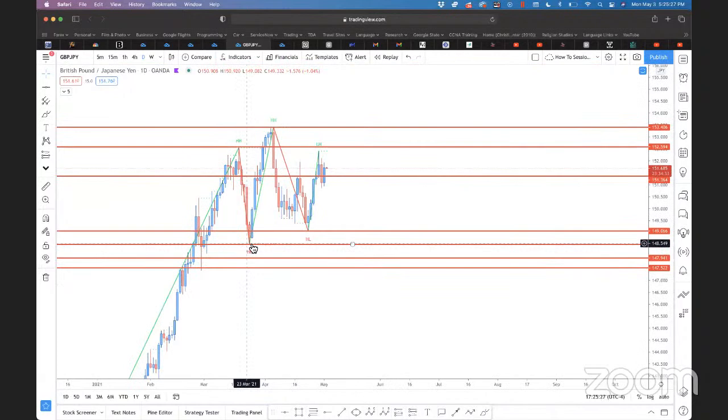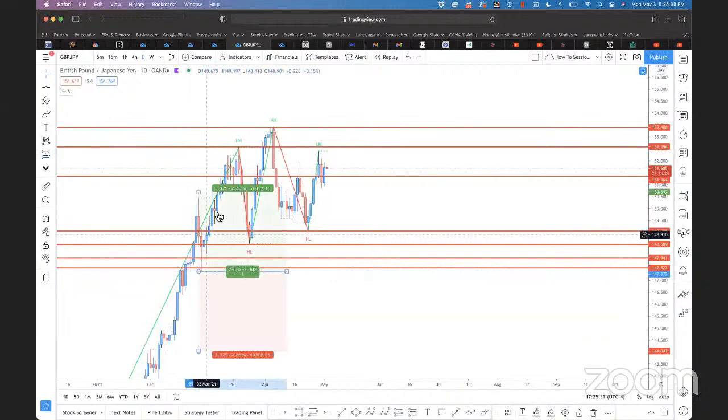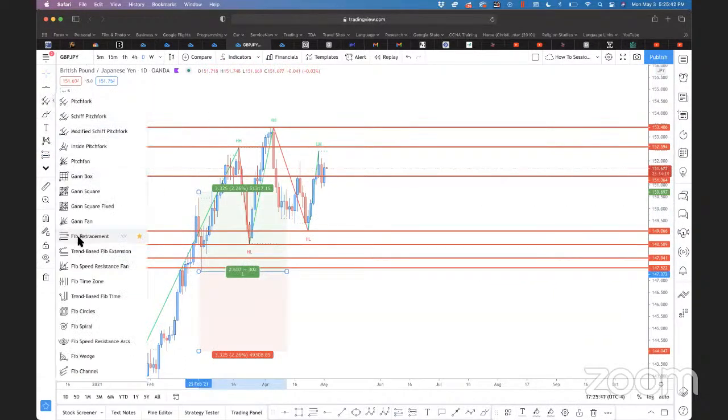We've already had a single trade off of it right here from the order block pushing. If we measure this last up move from here,